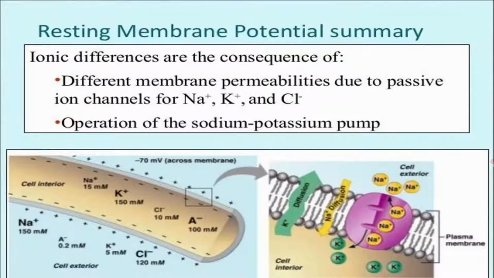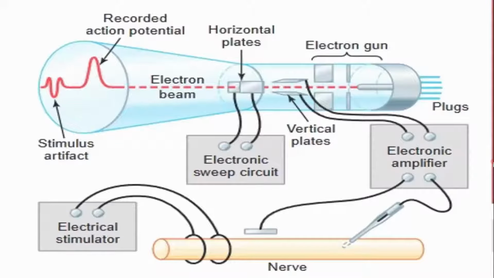First is the ionic difference across the cell and permeability of different ions. Then the Nernst potential or the equilibrium potential for different ions. Then we have learned about the Goldman-Hodgkin-Katz equation. Then we have learned about Gibbs-Donnan equilibrium and Gibbs-Donnan equation and the sodium-potassium ATPase pump.